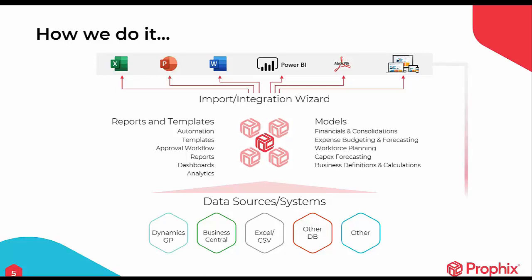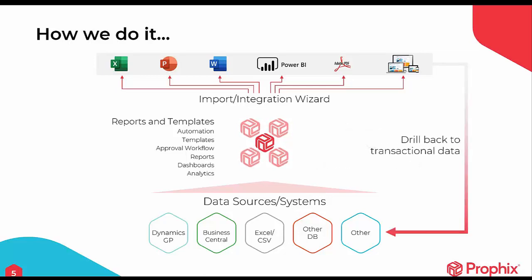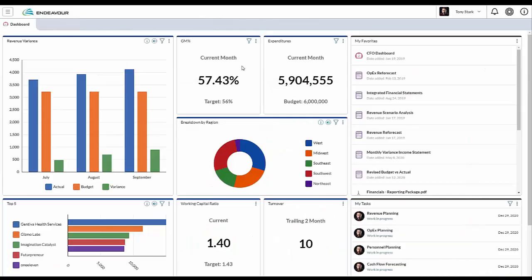Now, all that being said, you can also drill back to your transactional information. So when we pull information out of your data source, we're really summarizing that at a general ledger level, but we also allow you to go back into your transactional information so that you can see the transactions for further analysis. But let's actually look at how we do scenario planning once our plan has been executed and once our plan has been locked down.